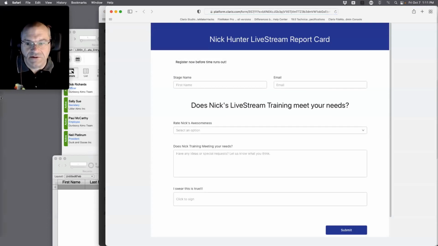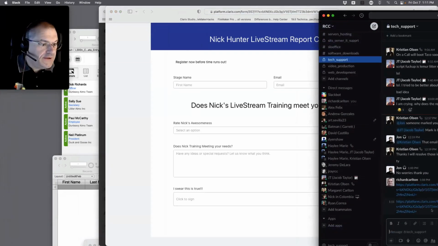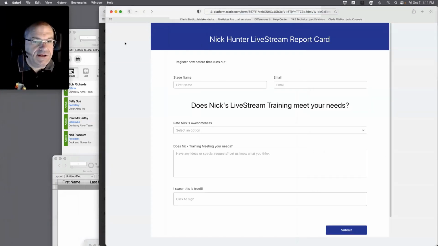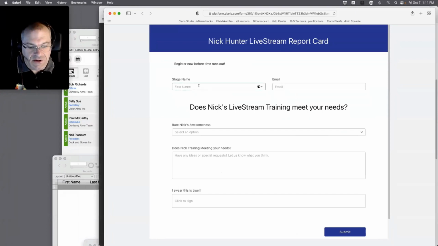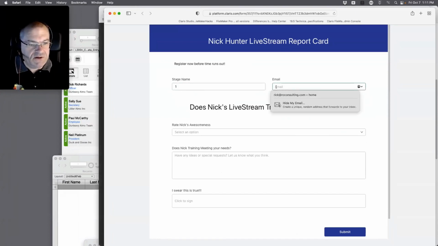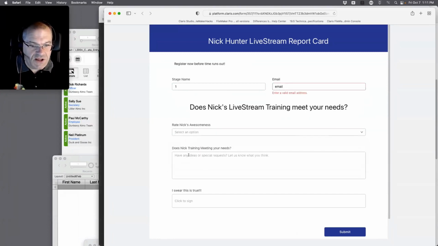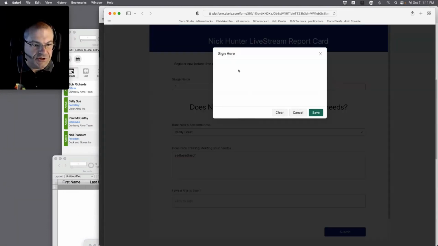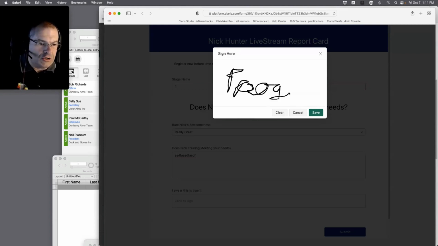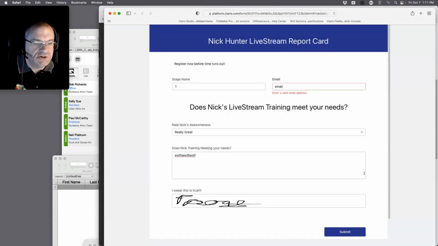That's cool. I clicked the link and it logged me out of my account. Okay, that is the same link. So why did it not submit? If I do something here, I'm going to try to click it now. Page name, email. Awesomeness is great. Here's a signature, true. I'm going to say the frog, with two G's. Submit. Oh, it said invalid.